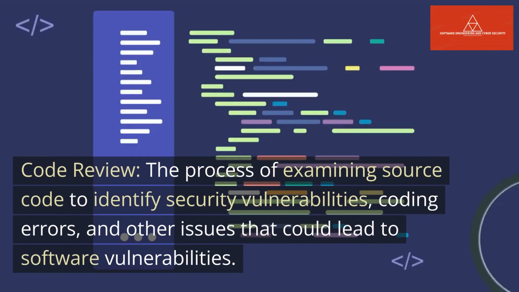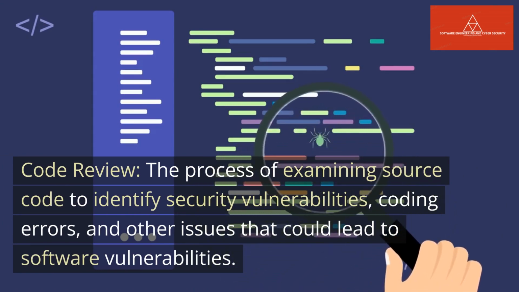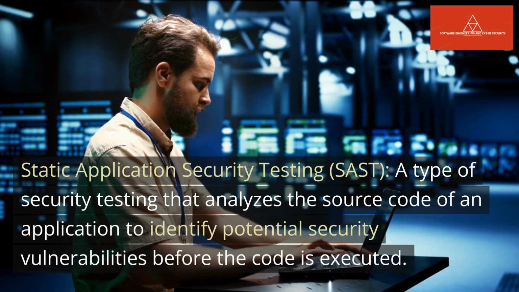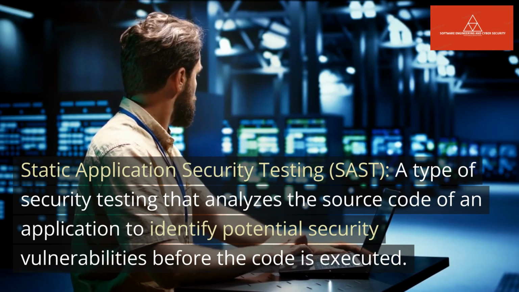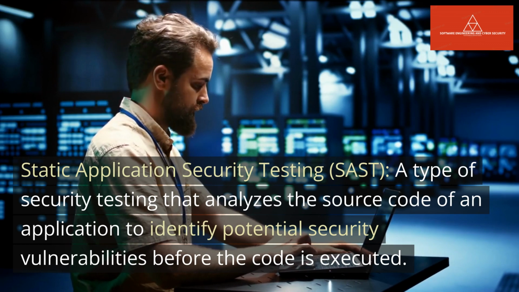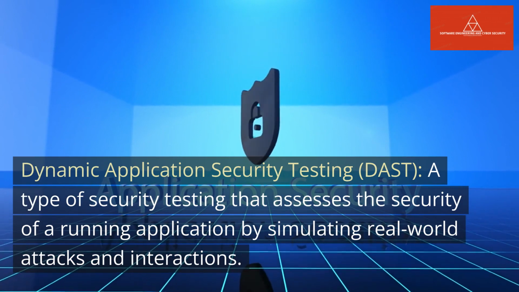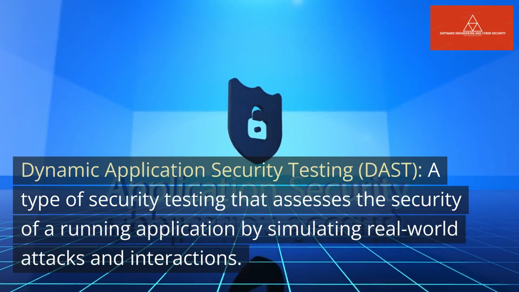Code review. The process of examining source code to identify security vulnerabilities, coding errors, and other issues that could lead to software vulnerabilities. Static application security testing, SAST. A type of security testing that analyzes the source code of an application to identify potential security vulnerabilities before the code is executed. Dynamic application security testing, DAST. A type of security testing that assesses the security of a running application by simulating